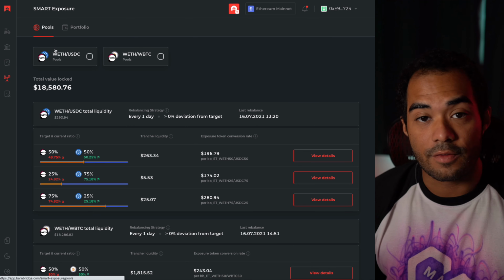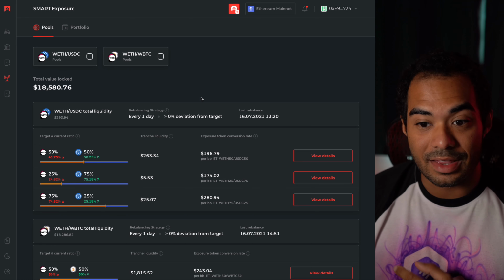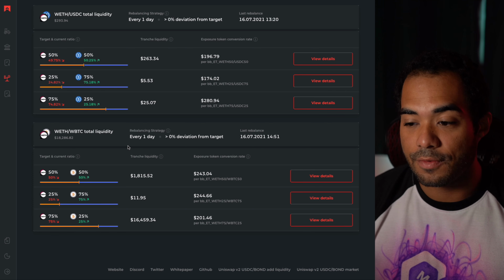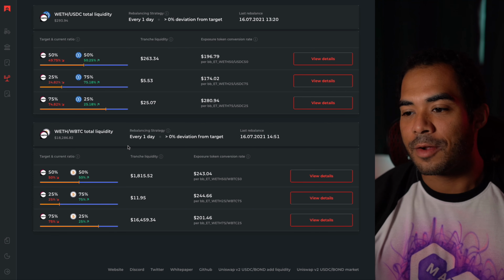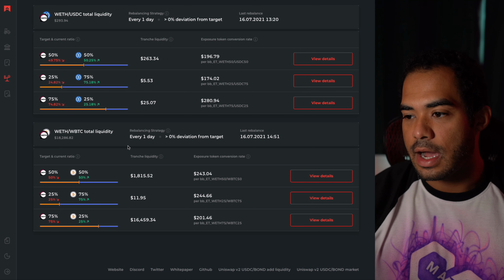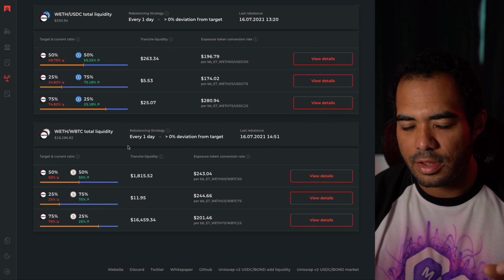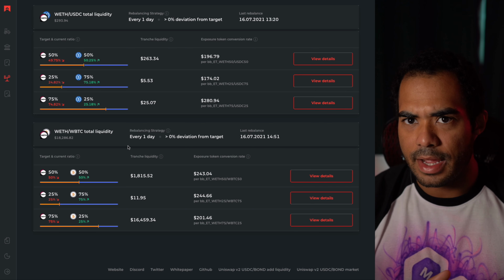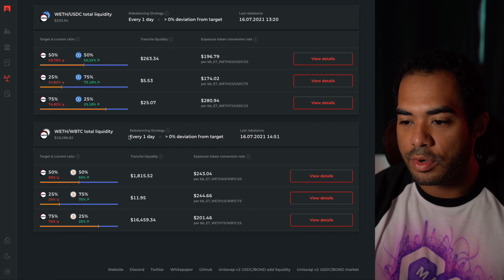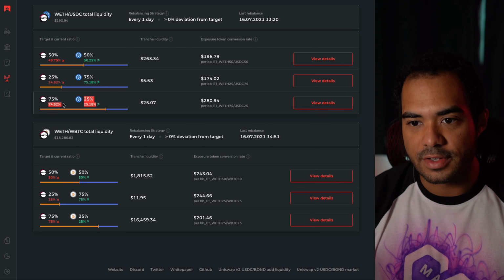Of course, it's good for volatile assets. So in this case, wrapped ETH and wrapped Bitcoin is probably going to be a better case in that scenario, where there's just more opportunity for the pool to rebalance itself. Because, and I probably should have mentioned that earlier, as you can see, there's something called a rebalancing strategy in the middle. And essentially it says every day or so they're able to rebalance the pools. And I think there's another scenario where they might have to rebalance it before that. But the point is that if the pool becomes a little bit too uneven because of volatility, then it just rebalances itself. And that's kind of where you're able to harvest some of that volatility.